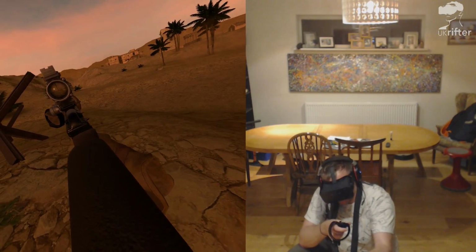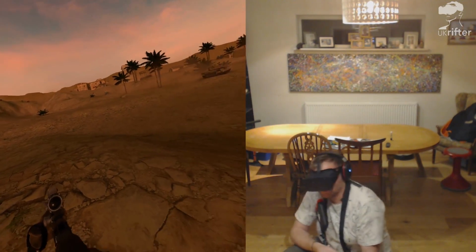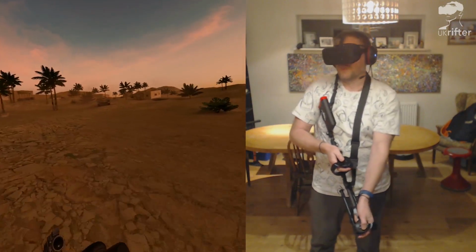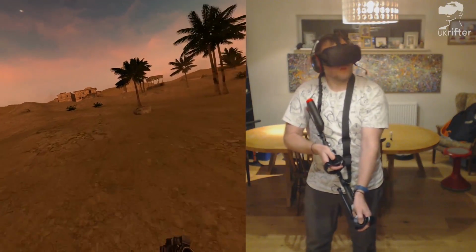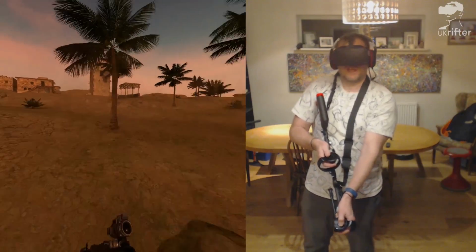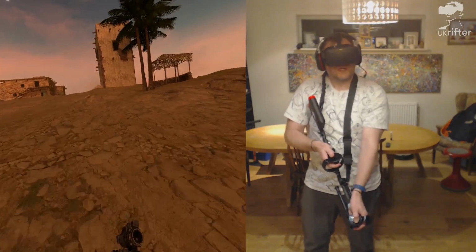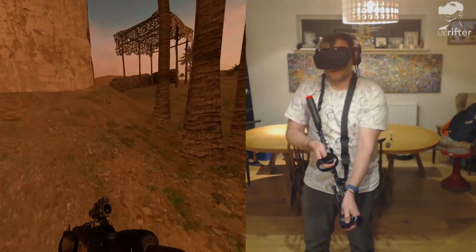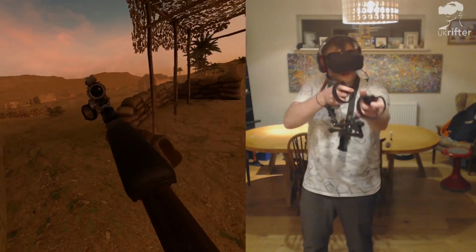Murder has never felt so good on the old shoulder there. Fantastic. Really good. I couldn't be happier with this. I think if you're expecting it to give you a dead arm, it's not. I mean, clearly this is never going to simulate to that level the feeling of actually firing a weapon, nor would you want it to. I mean, clearly that would be, well, dangerous for one, and of course it would leave you very badly bruised. I don't think you could play for long if that was...